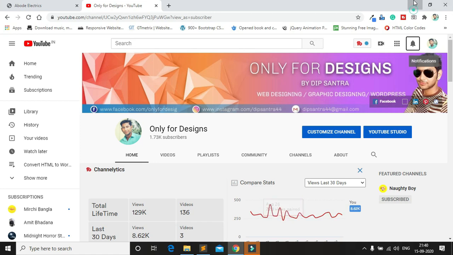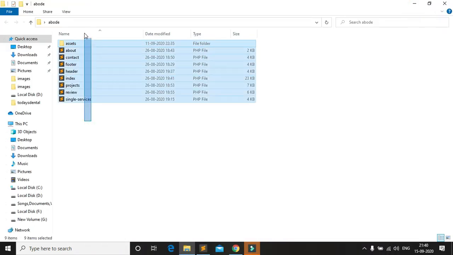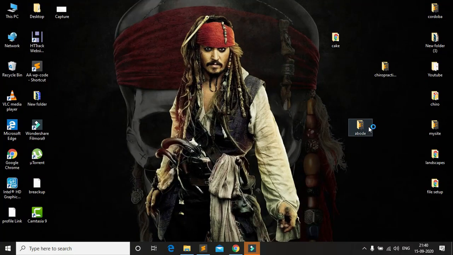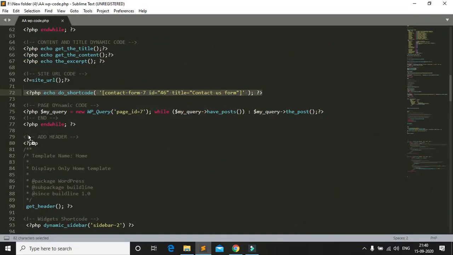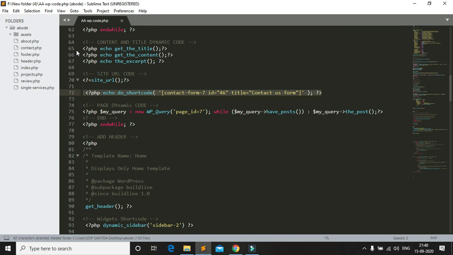This is the HTML. You can see this is the HTML. Okay, I open it in my text editor. I always use the Sublime text editor. Very easy and very light software.